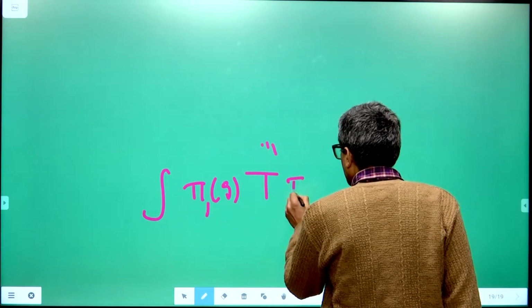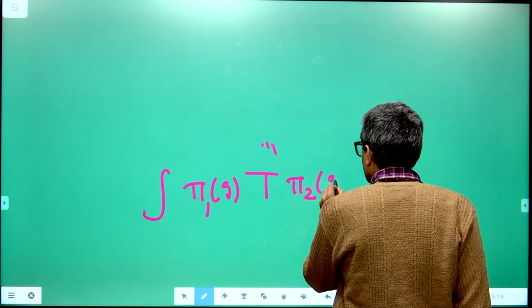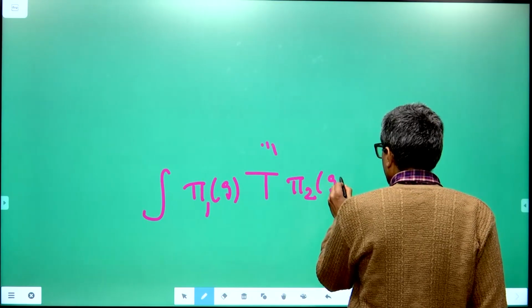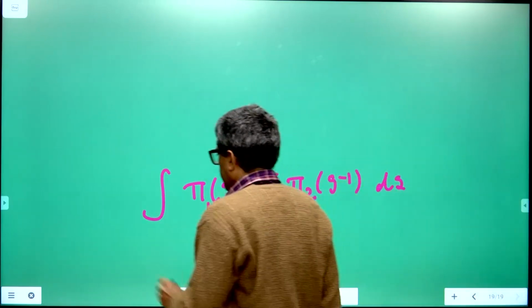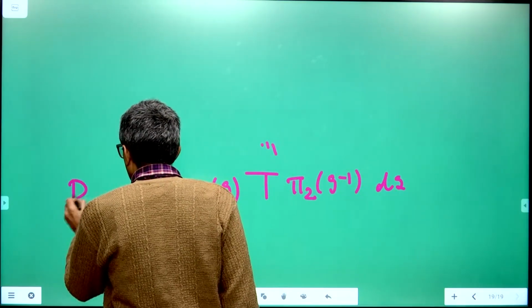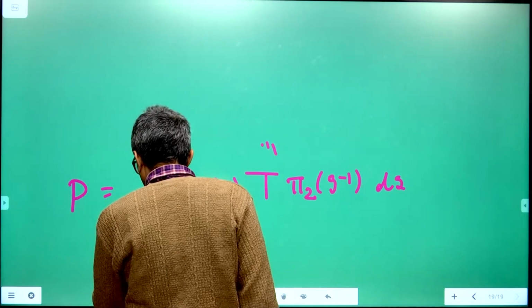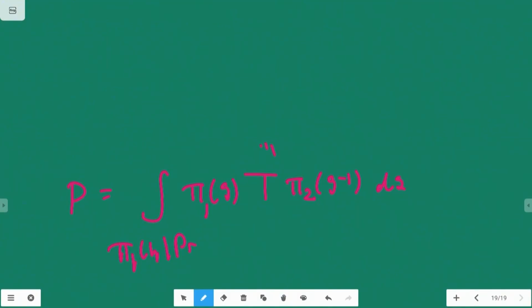So consider π1(g) and π2(g) inverse, which is the same as π2(g) star dg. If you consider this matrix and call it P, then take π1(h) acting on P. What do you get? You get the integral of π1(hg) T π2(g inverse) dg,